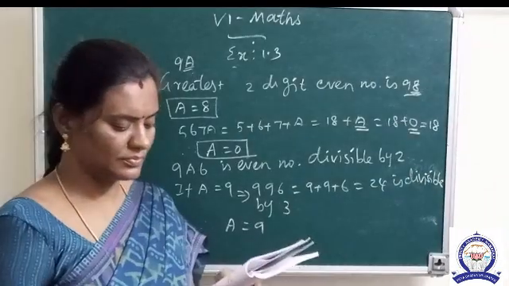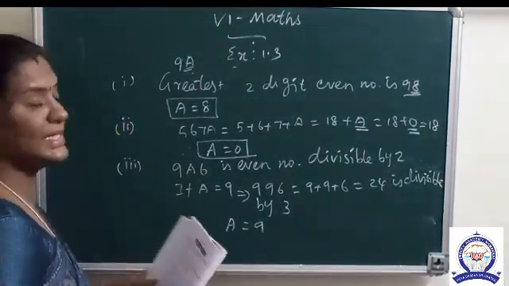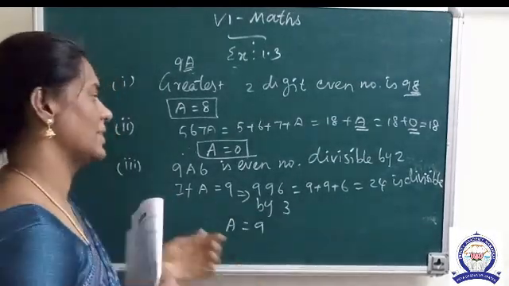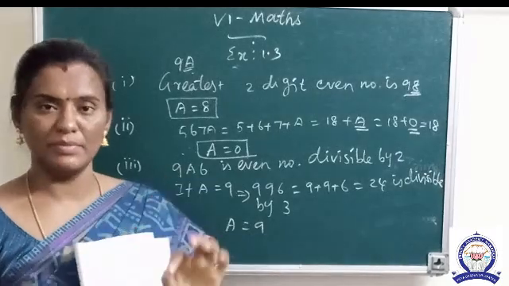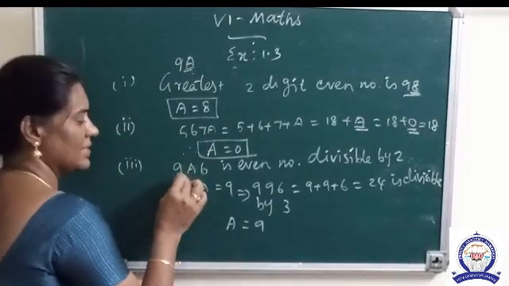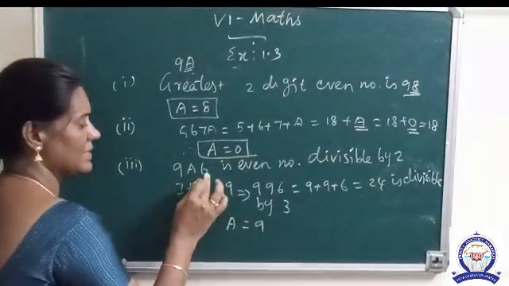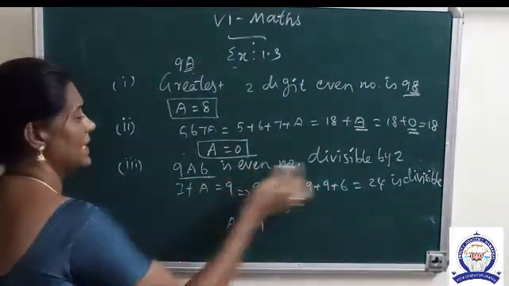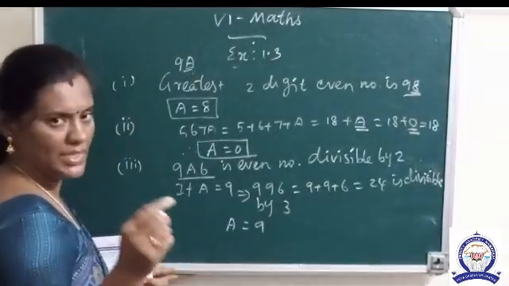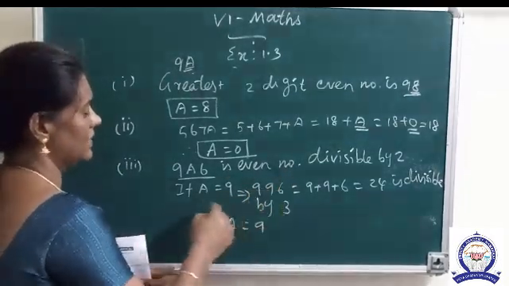Third question. The greatest three-digit even number 9A6 is divisible by 6. A number divisible by 6 is divisible by 2 and 3. Okay. So first we check. நல்லா கவனிங்க. This is the three-digit number. எந்த A ஓட வேல்யூ என்னவா வேணாலும் இருக்கட்டும். Here the unit place is an even number. So this number is divisible by 2. Then we check divisible by 3, because a number divisible by 6 should be divisible by 2 and 3. Next we check the number divisible by 3.